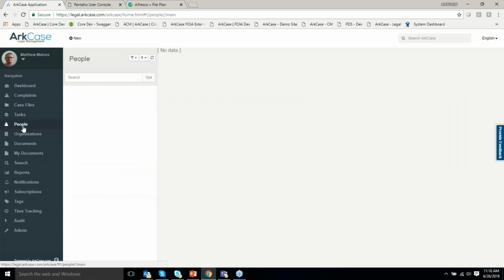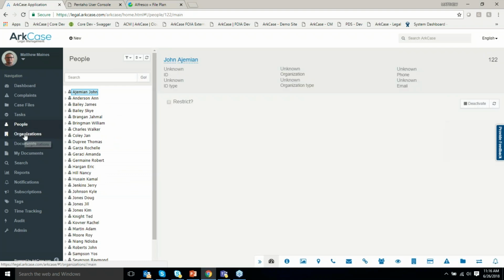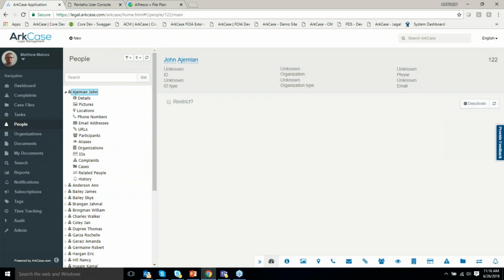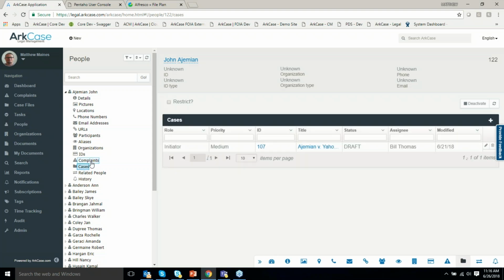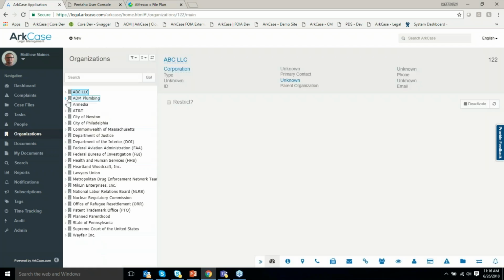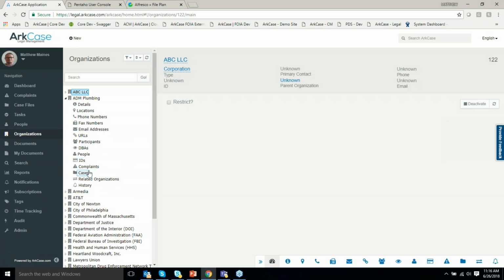Additionally, the people and organization module, think of this as your people database or your organization database, has its own metadata. Essentially you may have a specific person associated to one or many cases, and you can see what cases or complaints they actually have associations with. And then you can also see from an organization perspective,